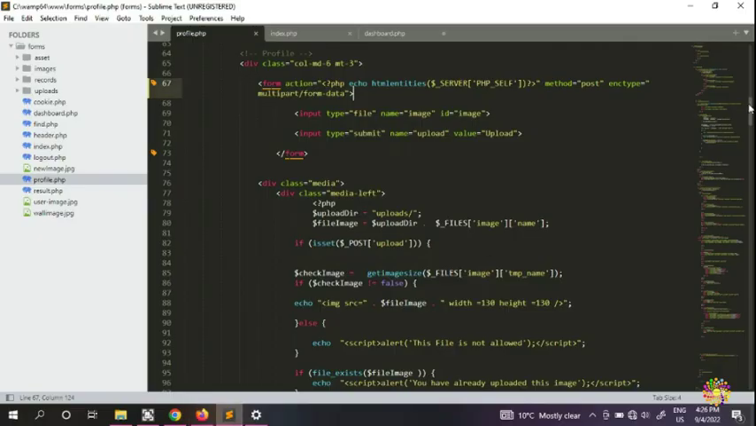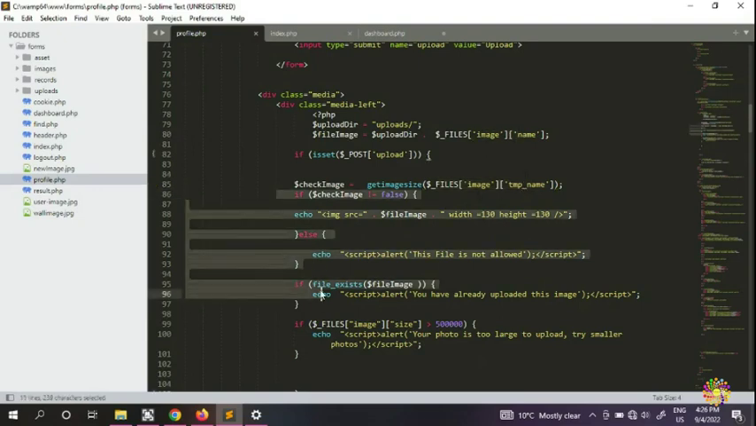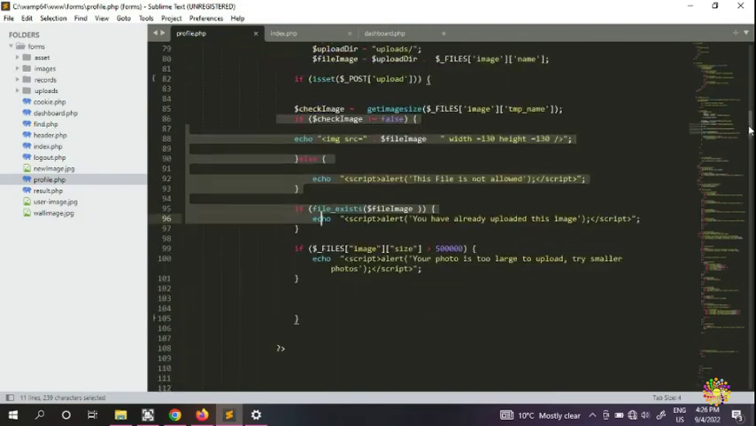So this is the traditional way. I've shown you that you make your upload directory, that's the variable, and then move_uploaded_file, and then you provide the temporary name, and then you provide the image name. So this is the traditional way. This is the basic way you can upload the photo,